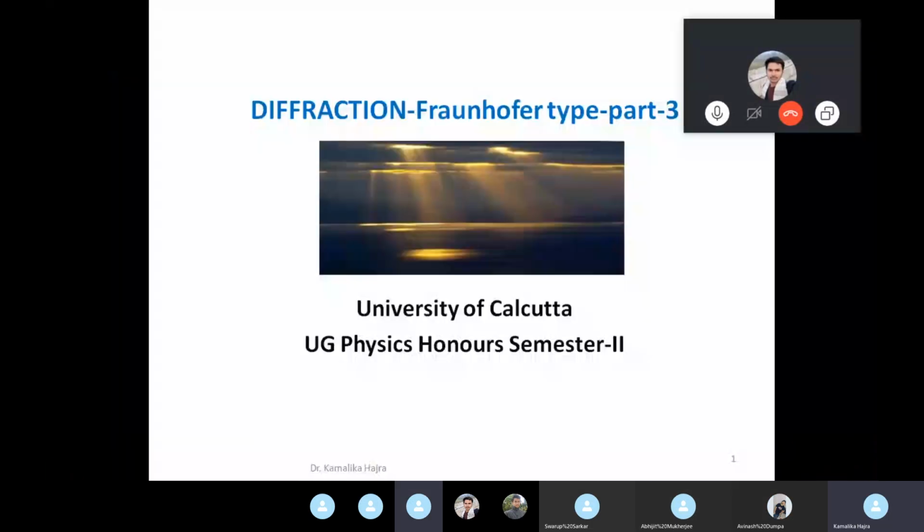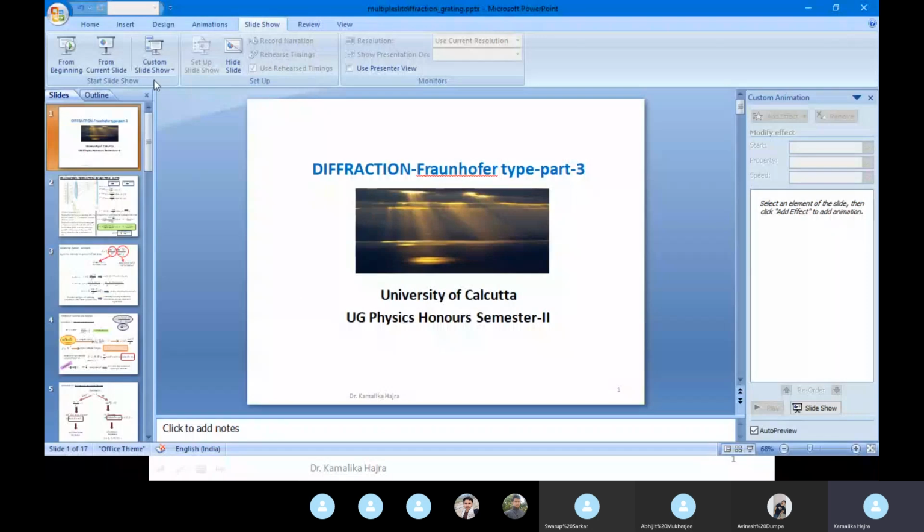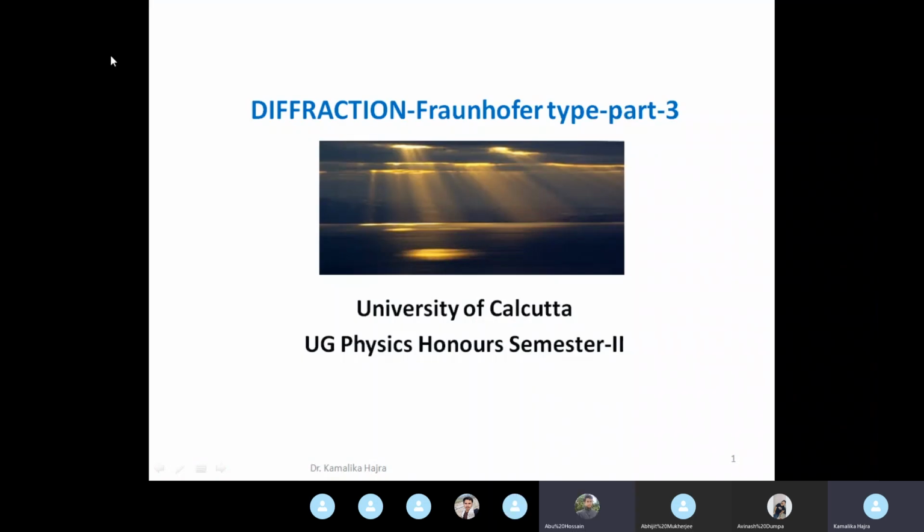So this is part 3 of our Fraunhofer diffraction module, and single slit diffraction, double slit diffraction, and we got an idea about what happens. We saw in single slit diffraction that if we imagine the slit to be made up of several imaginary points, then each point as if diffracts the light coming and falling on it, and then the result that we get on the screen is due to the superposition of all these diffracted lines.